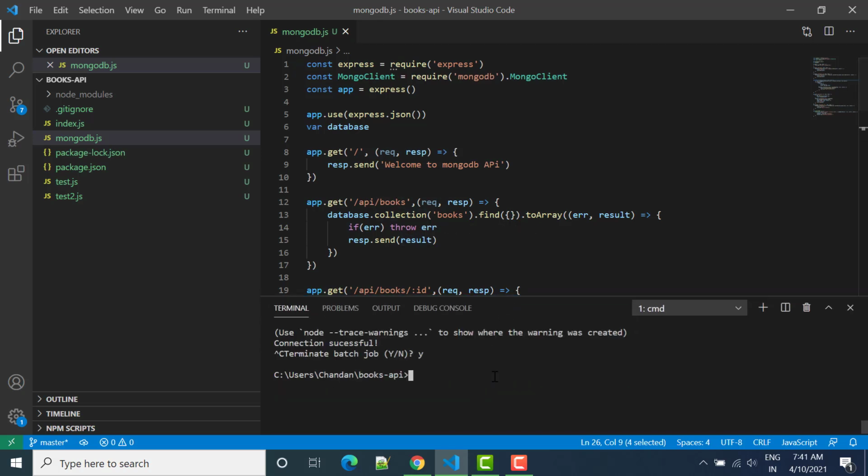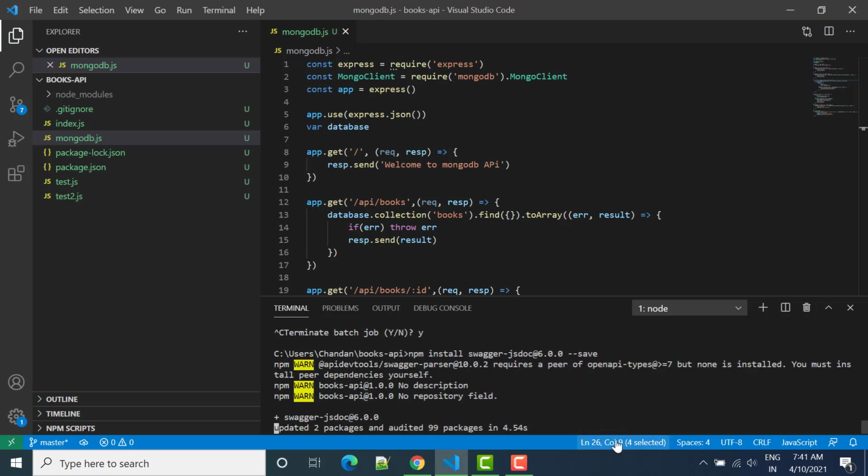For that we first have to install swagger-jsdoc. So we write npm install swagger-jsdoc@6.0.0. We are going to use the 6.0.0 version, and then we write --save, so it will be saved in our package.json also.